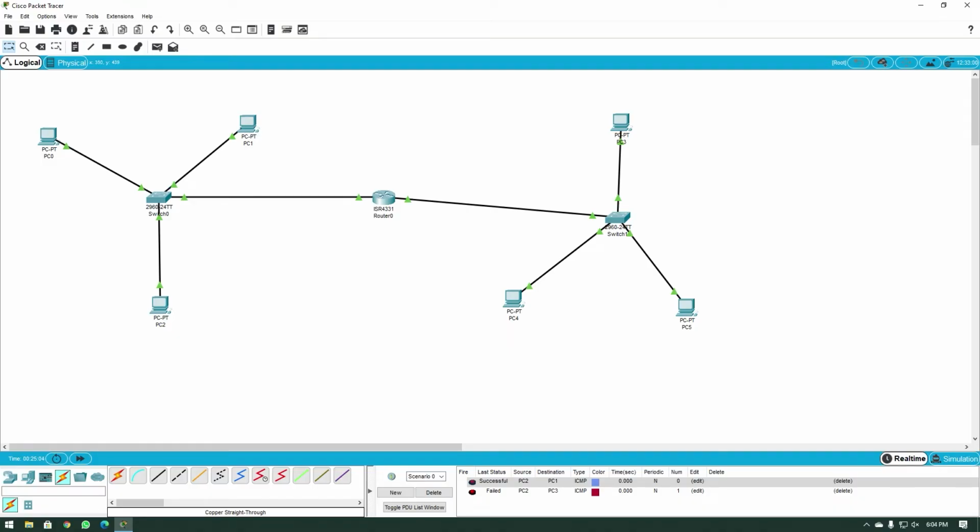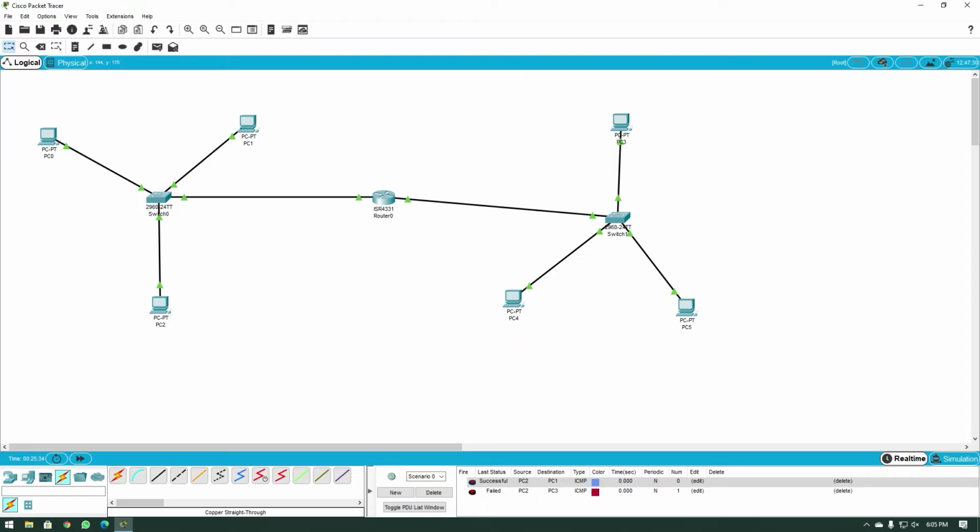Now, if you want to send it to a different network, then this switch or these computers will not know what to do. So they will just try to send the packet to the default gateway, which would be this router. And this router's job is to figure out where to forward that packet. So we are just going to configure the default gateways of these 3 computers to the IP address of this router here, and the default gateway of these 3 computers to the IP address of the router on this interface.